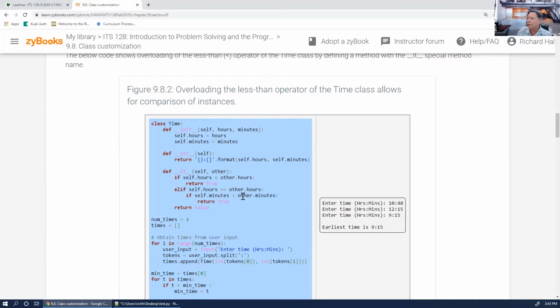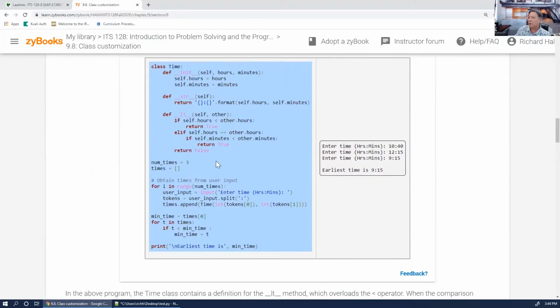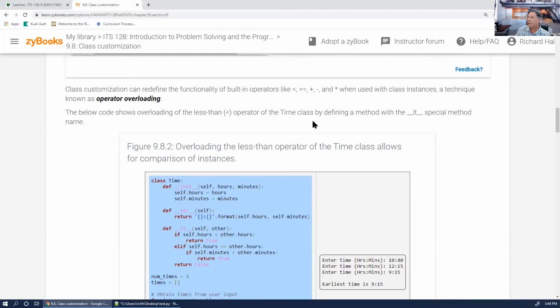Actually, it's greater than or equal to, because it's a less than operator and not a less than or equal to operator. All right, so that's how you can redefine these kinds of operators, and you can do the same thing with